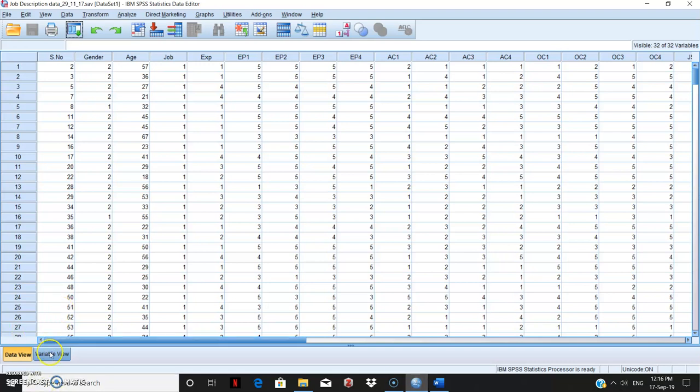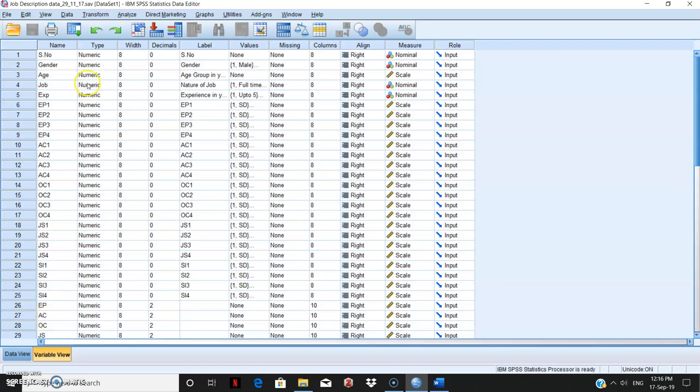So you would see that in the variable name, you have the gender, the age, the job, the experience with the options, what options were given here. And this is their employee environmental perception. So the first statement is EP1, second statement is EP2. So we have four statements in environmental perception.